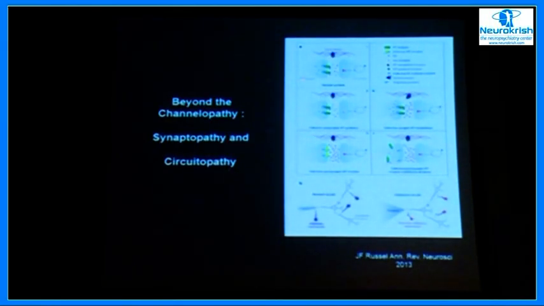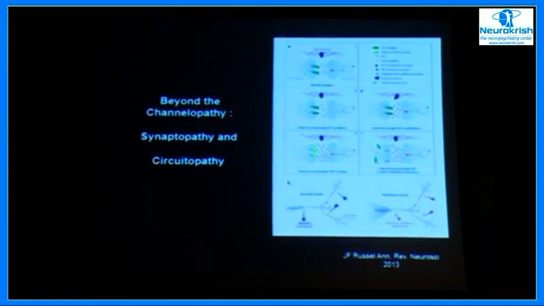Similarly, just like you have in the myasthenic syndromes, you can have dysfunction when there's a normal synapse, a presynaptic problem, a synaptic problem, a postsynaptic problem. And so this is an example. Or you can even have, like stiff person syndrome, a problem with defective interneurons. So problems could be anywhere from an ion channel to a ligand channel to a circuitopathy.